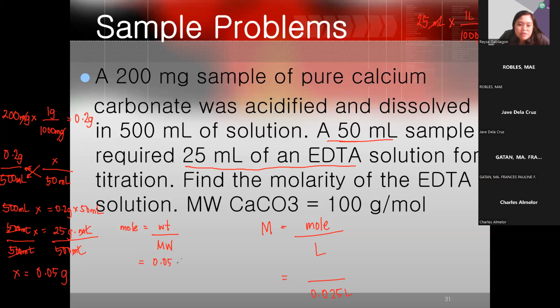That's 0.05 grams. Divided by the molecular weight, it's already given. Look at the screen. That's 100 grams per mole. Okay? So cancel the grams. You will be left with moles. 0.05 divided by 100 is